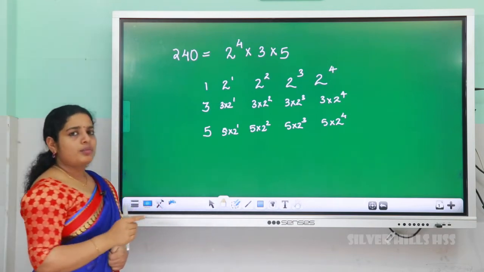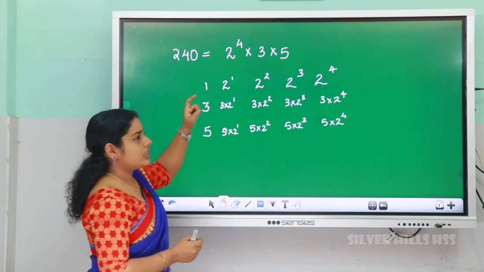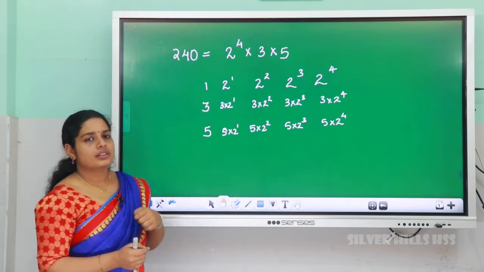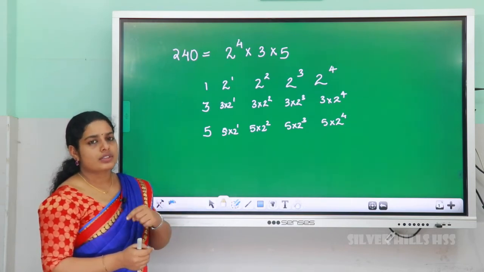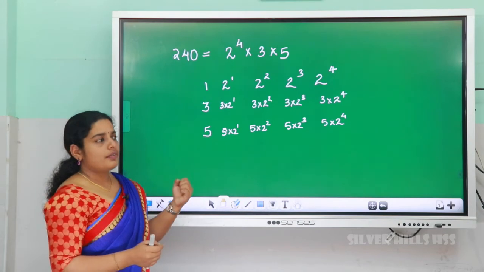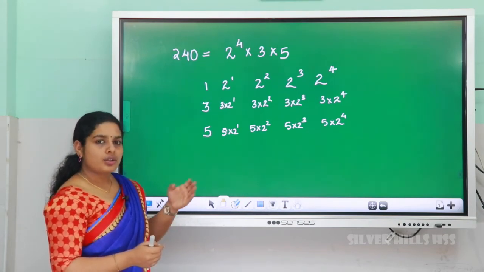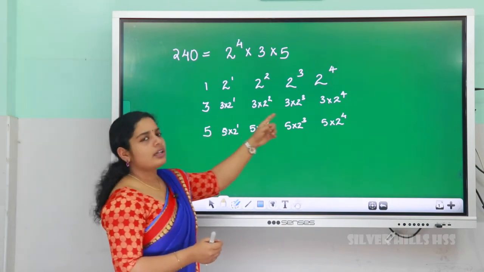Okay. Now one more combination is there. See, we have to write all the combinations. That means 3 into 2, 3 and 2 are the factors of 6. That means 3 into 2 is also a factor of 6, isn't it? So the factors of 12, 2 and 3 are again factors of 12. 2 into 3, 6 also will be factors of 12. That's why we are multiplying all these numbers.